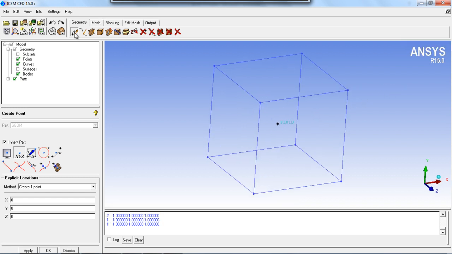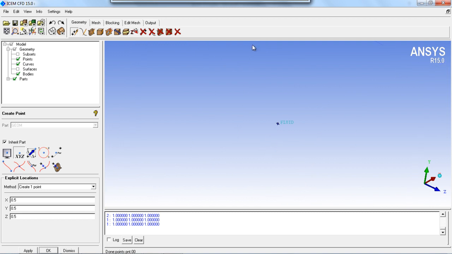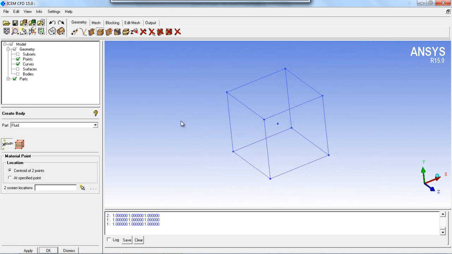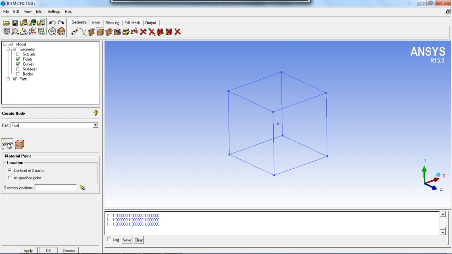Okay, so we will create the point with the help of the xyz option and put the values as 0.5, 0.5 and 0.5. Apply, and we have got the point over here. You can hide the bodies from the view. So now you can create the material point or the body at the specified point location.